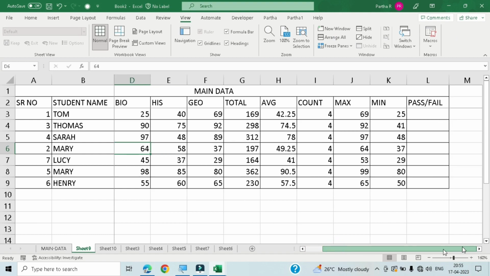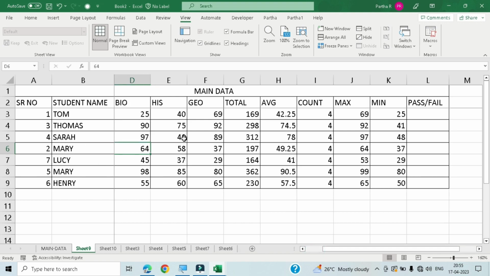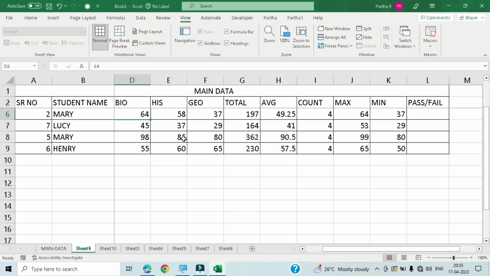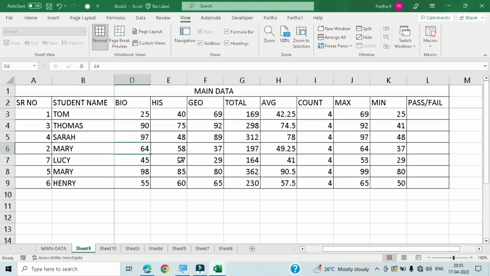So we'll go see. If we go here, you can see this data is frozen, right? This data is frozen here. And if we go up also, these rows are frozen. You understand what is freeze panes, right? This is the bonus tip. It can be very useful in your daily life if you are doing a data entry job or anything. Okay guys,